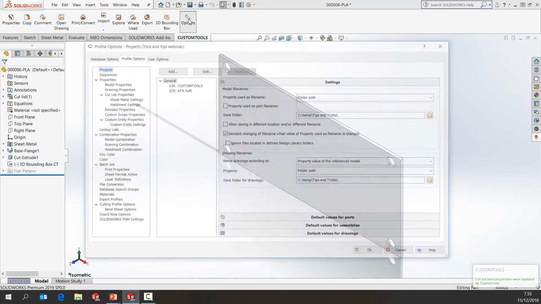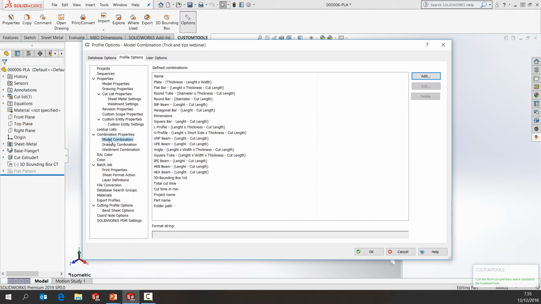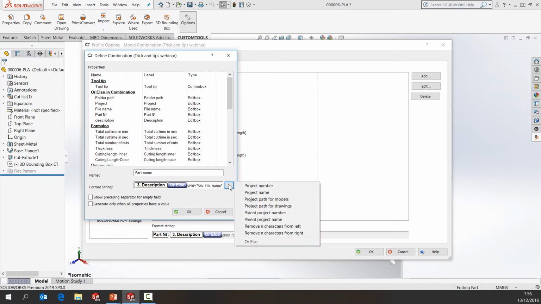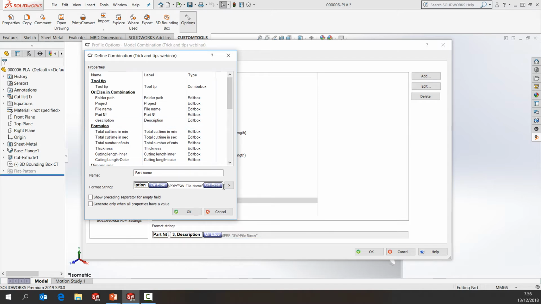Now I can show you how the "or else" can be done in the option. Under the model combination, I have here the part name, and as you can see, I have the two properties which are used by custom tools to generate a part name. Then I have the "or else", and here I have the SolidWorks formula. If I want, I can also put another one. If you click on the little arrow, you have the "or else", and you could also use another